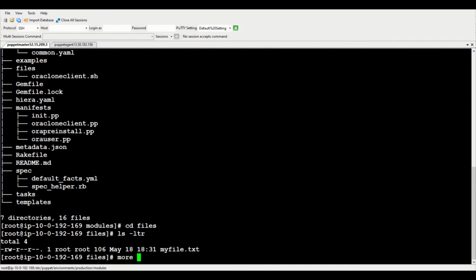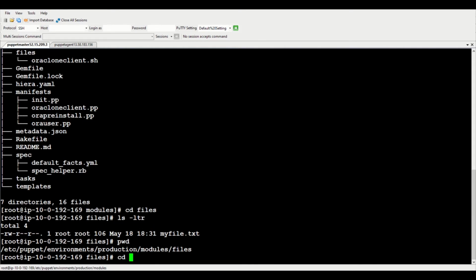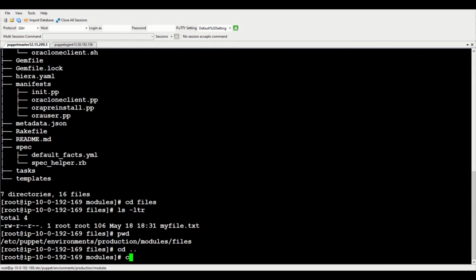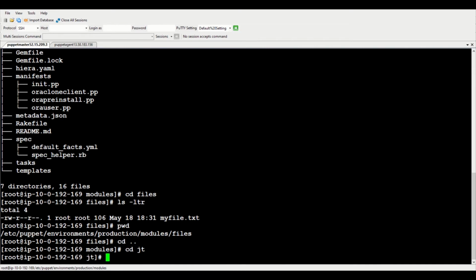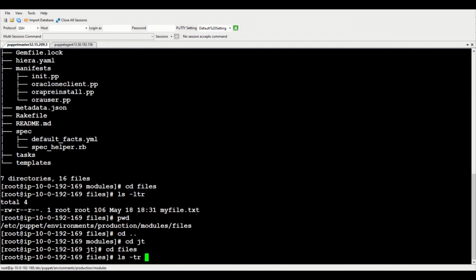I got the wrong directory. Let me go there. It should be under module JT. Yeah, so it's the main one. It's called JT and files. This file is located here,